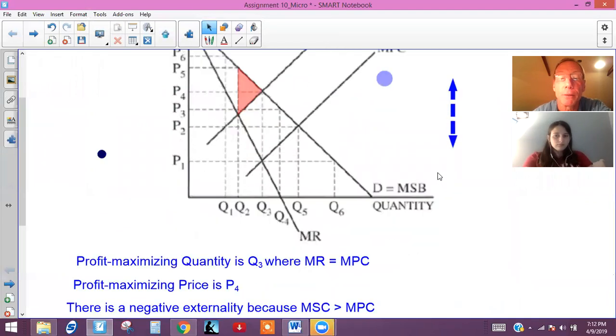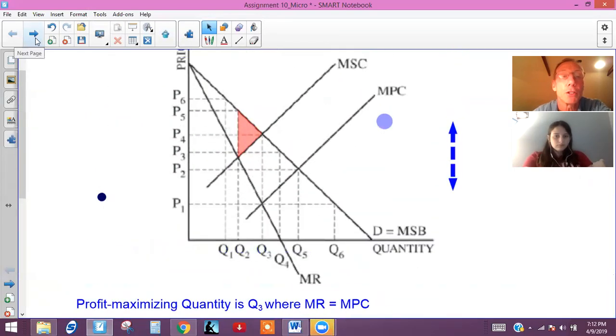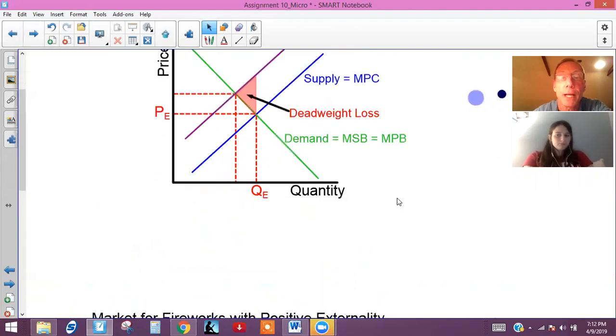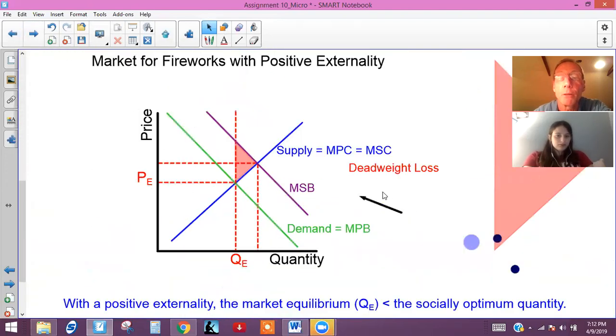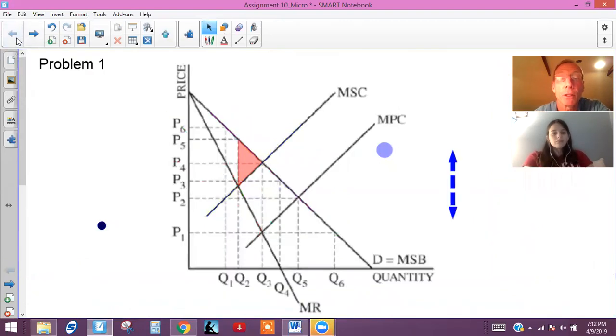If it was a positive externality, and I'll just jump over so you can see, then we've got a marginal social benefit above marginal private benefit. So if there's a positive externality, then the original demand curve in the market becomes marginal private benefit, and we've got a marginal social benefit that is above it. When there's a negative externality, then